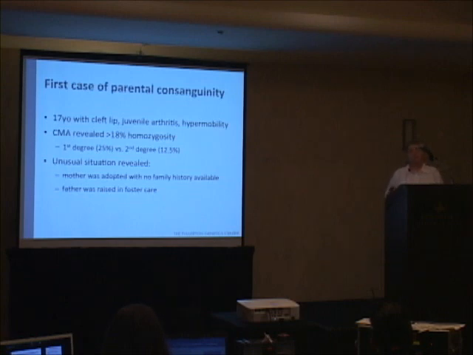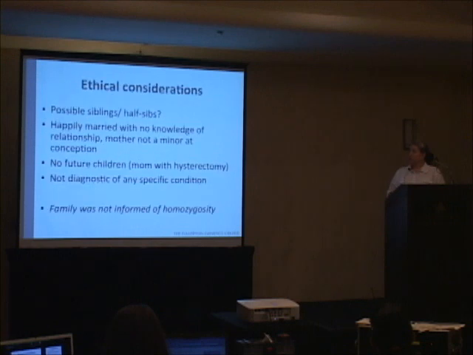My husband has a very large family, lots of half-siblings. He was raised in foster care. He has a very clear understanding of his family lineage, but I don't because I was adopted. So we suspect strongly that the mother was adopted into the same community and perhaps married, she's happily married to this man, her half-brother or her full brother, without knowing that they were biologically related. And this has implications for sperm donation as well. So unrestricted sperm donation in the same community, people are going to find their sibs or half-sibs unknowingly.